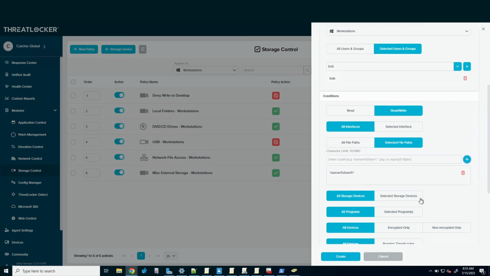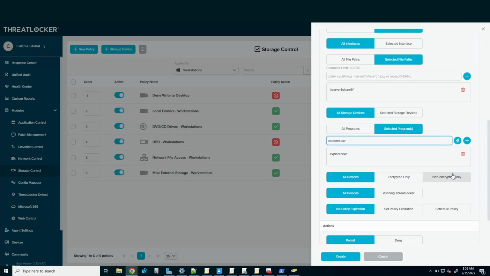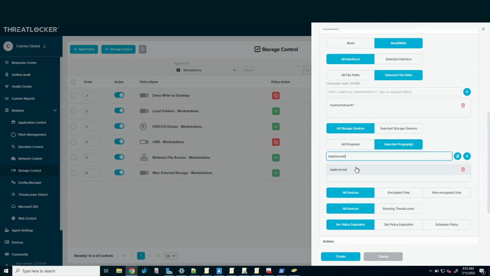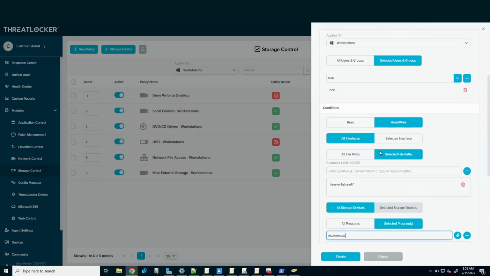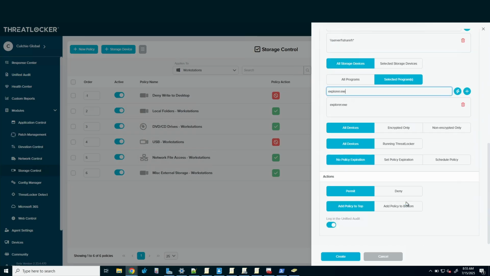Click add, and I only want it to be accessed from explorer.exe. So I'll click add there. This is running from the client side. So this basically says I know the process the client's calling from, I know the share name, and it's in that format, and only Bob can access it from the client side.